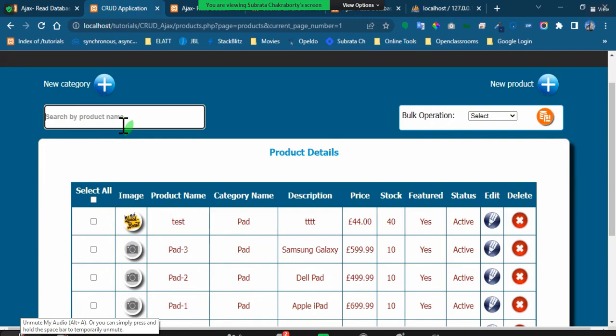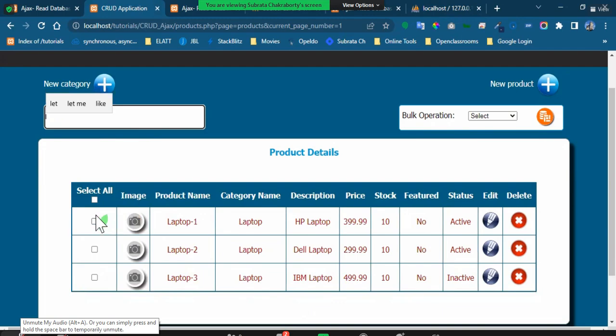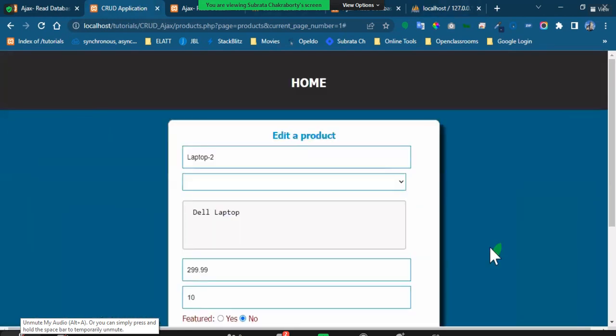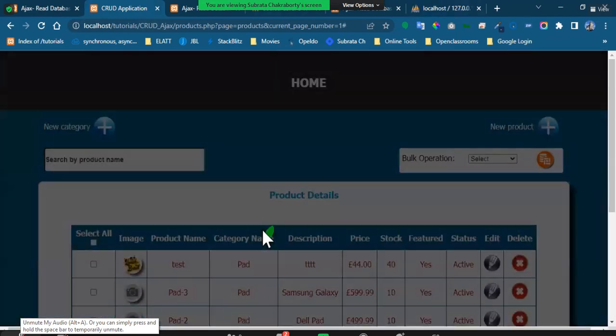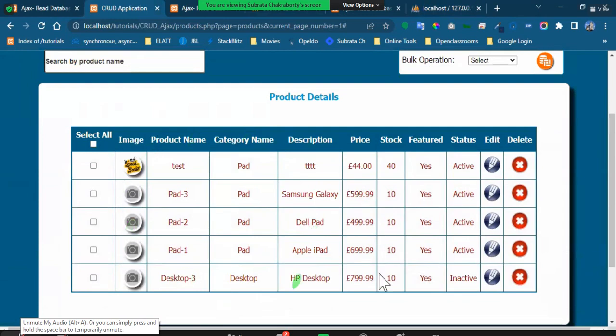So here, if I say laptop, I can just reduce it, and then I can select all of them like this, or an individual item, and I can do my operation here rather than going all the way back and forth. So things like this can be done,